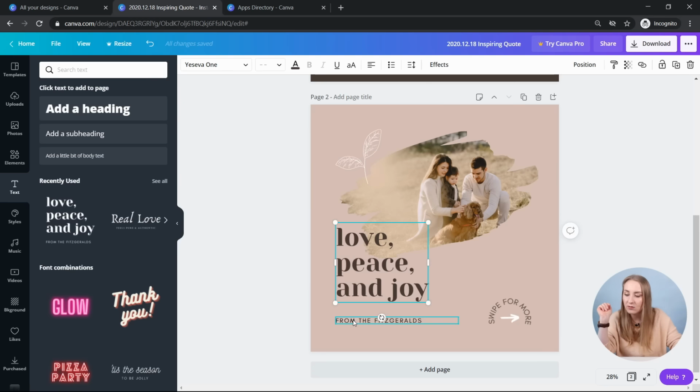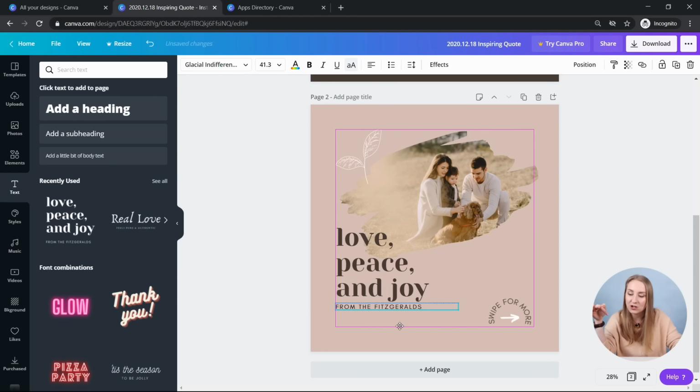I'll push it in here and then I'll grab this one as well. And as you can see, I can align it to that margin as well. And then the stroked one, the dashed line, shows me that it aligns to different parts of that other element, that swipe for more thing. So this is the middle. And this is where the whole grouped element, the swipe for more, this is where the middle of that element is. This is where I can actually align this text with the middle of this as well. But it doesn't work just with that. It's just the same for any other elements.